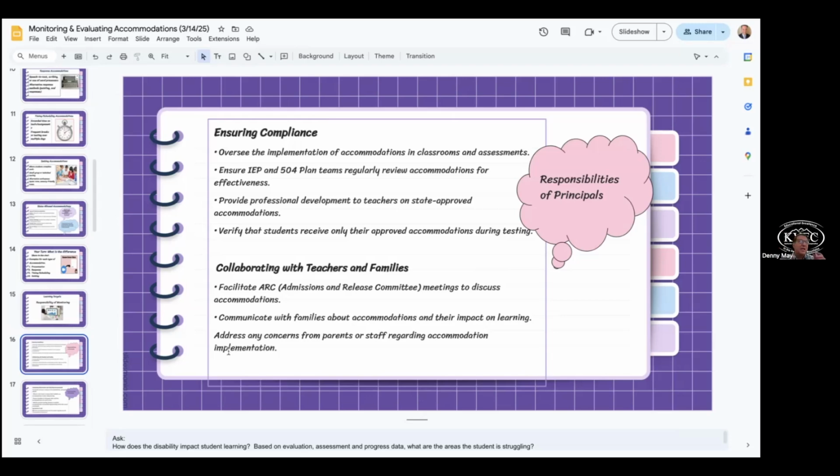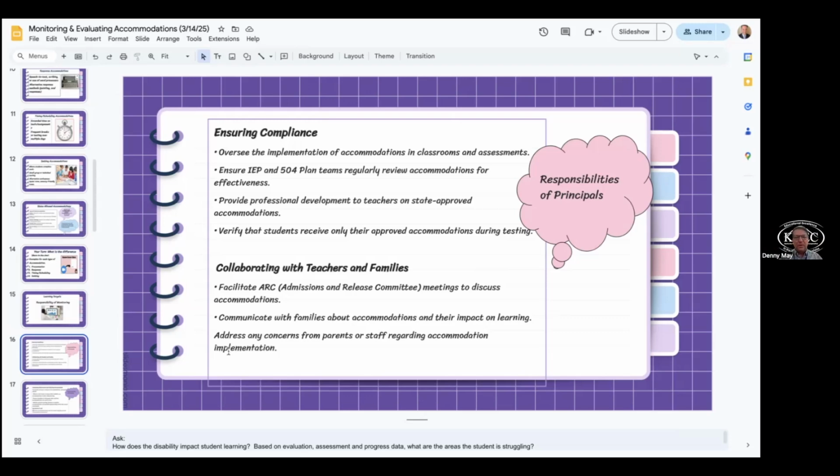And so, like I said, in instruction, you're doing a walkthrough as a principal, and you see that maybe a teacher's given a student that may not have a plan. Maybe they're giving them some type of graphic organizer to help them along, or they're scaffolding them some way. They're giving an example, a non-example, or maybe they're giving them a worked example of a math problem or whatever. And those are perfectly okay. It's just when we get to the state allowed and we start to choose things for students on the state test that we have to really, really ramp our game up as far as verifying and ensuring that these students are appropriately getting what they're supposed to be getting.